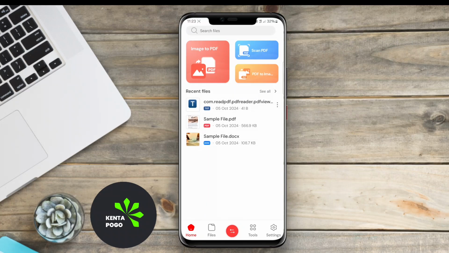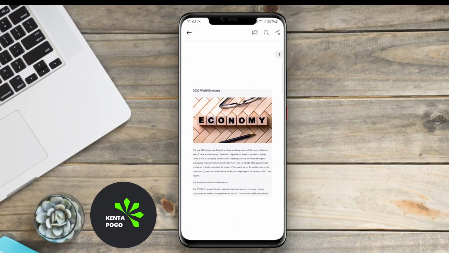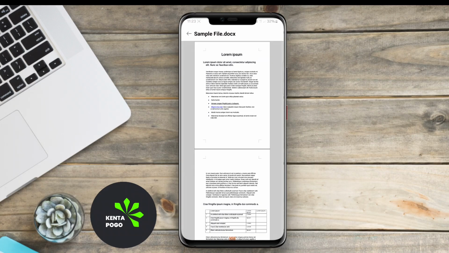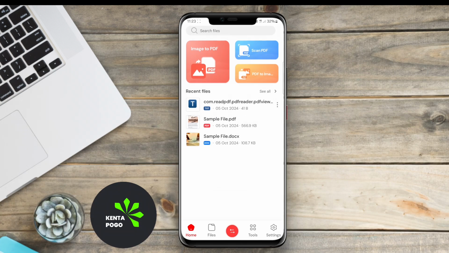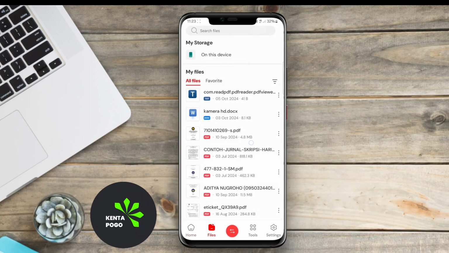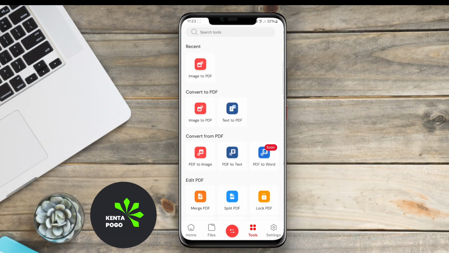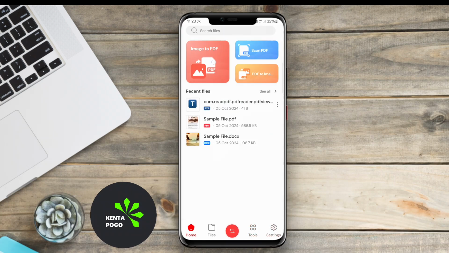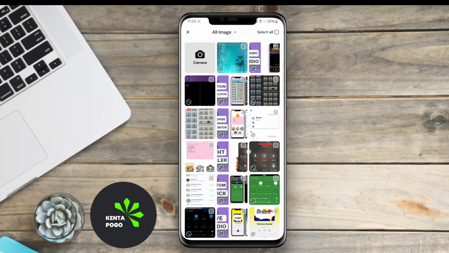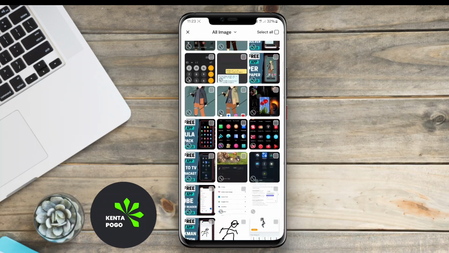This application is a versatile tool designed to convert images into PDF format on Android devices. It offers users a straightforward and efficient way to transform various image files, such as photos and scans, into high-quality PDF documents. The app typically features a user-friendly interface that allows users to easily upload images from their device's gallery